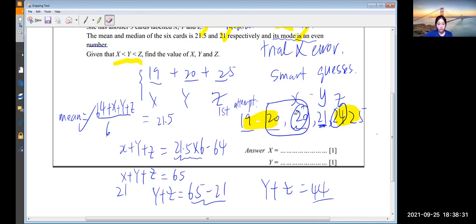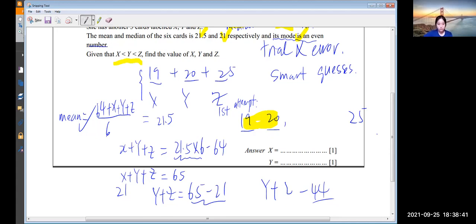So now we have to change strategy. Okay, so second attempt also fail. So I have already tested 21, then 22, 22 cannot. So I have already tested 20, 21 and 24, cannot. Okay, we need to change strategy. So let's try 23, 21,